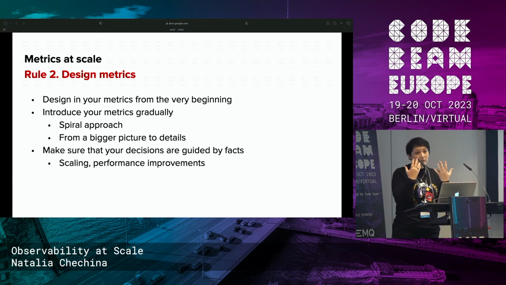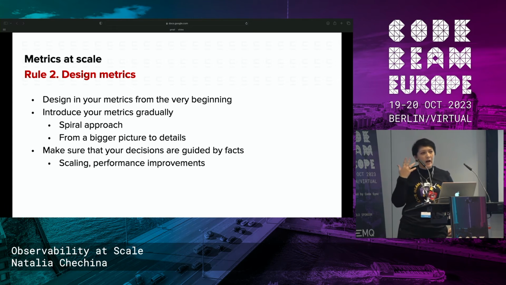So start with a few, start with 10, start with 20, see how they work. Is there a slowdown? Is there a significant slowdown, right? Is it within the margin that you can afford, like 5%, 2%? Is it more? Do you need a redesign? So check how they work. Use the spiral approach, right? So the first round, see how it works. The second one, better, and so on. Don't add all of them in the beginning.